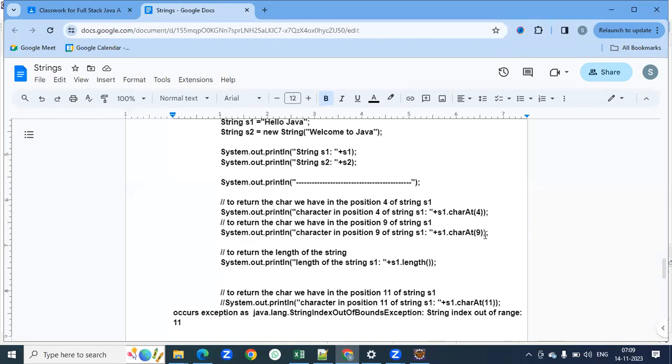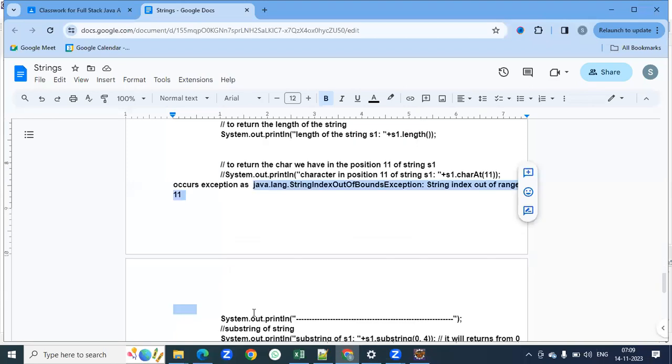the length of the string is 10, we will have the index from 0 to 9. If we take an index more than that, beyond 0 to 9, it is going to raise the exception called StringIndexOutOfBoundsException. And we have discussed